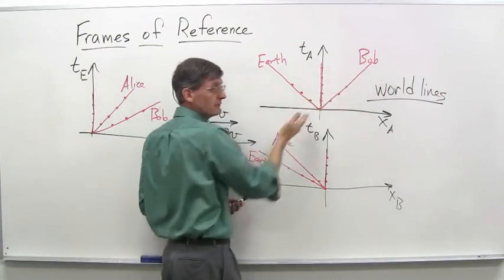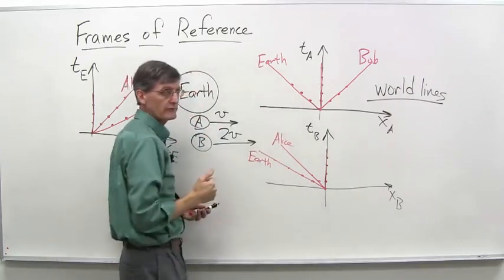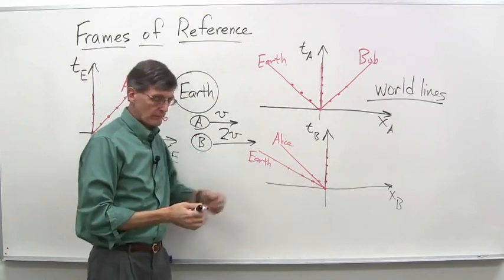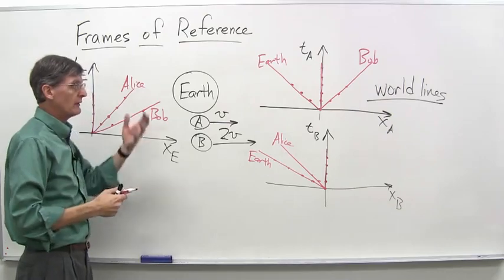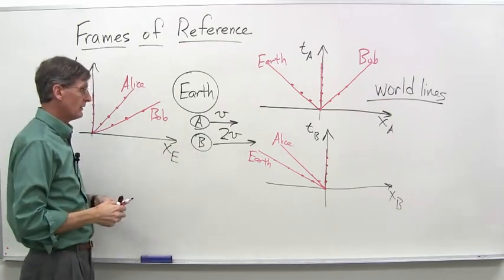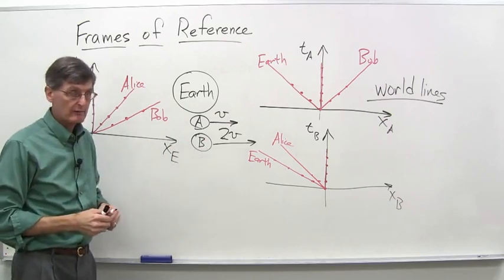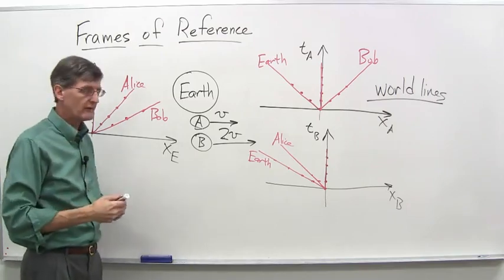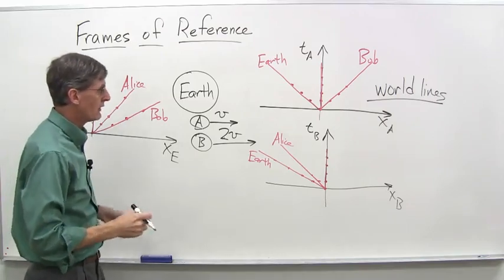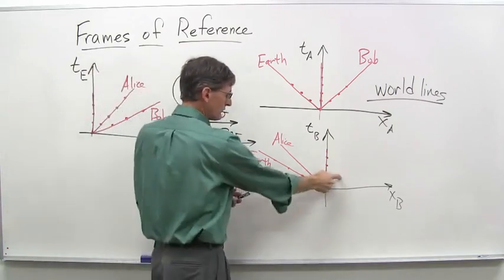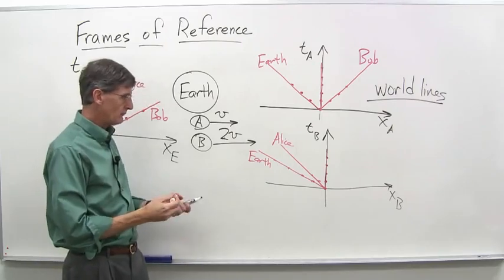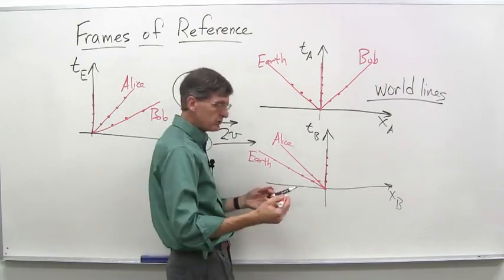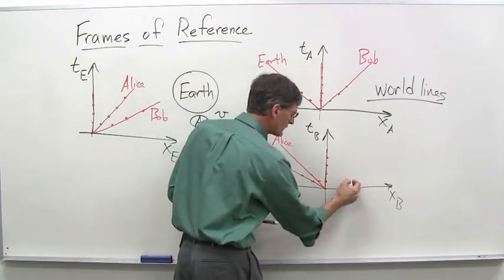We've got the world line of Bob from Alice's perspective, the world line of Earth from Alice's perspective, and similarly for Bob as well. When we talk about Bob's world line from Alice's perspective, we're talking about Alice's world line from Bob's perspective, and so on and so forth. A couple other things to know about world lines and space-time diagrams if you haven't figured it out yet. Anytime you have a vertical line, let's say I plotted something, let's use Bob's diagram down here. So if Bob did a plot of some event and it looked like this,